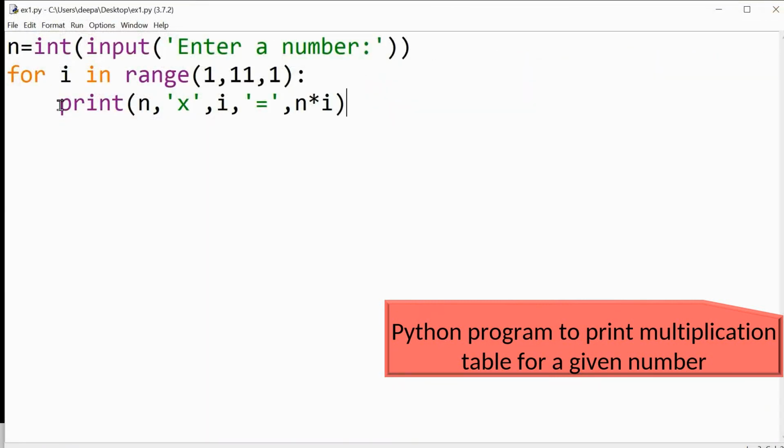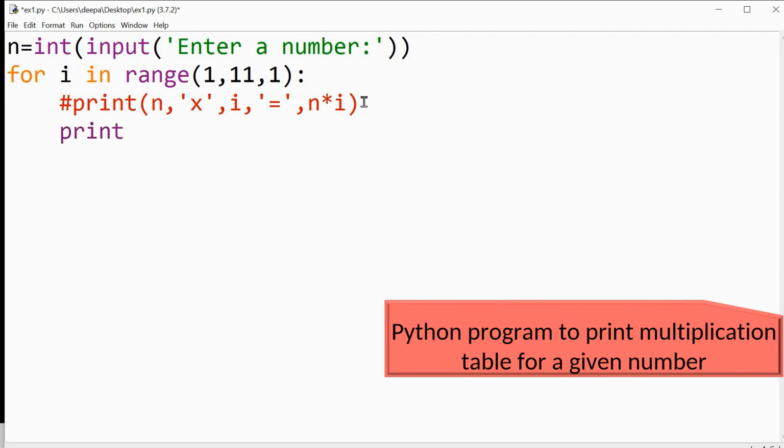Instead of this model of print, we can use the f-format model. That also you should know. Print f, single quote. Wherever there is a variable, you place it within the placeholder. Curly brackets are the placeholders.